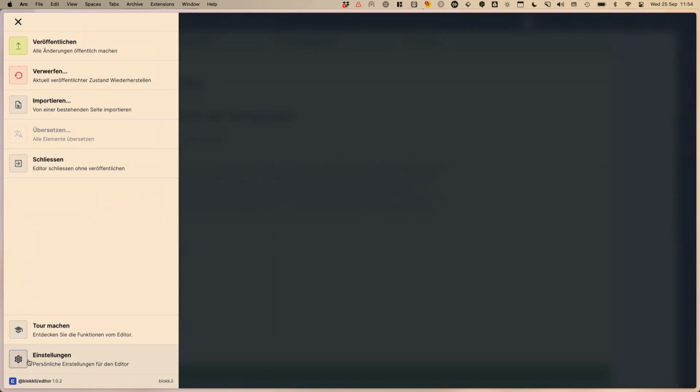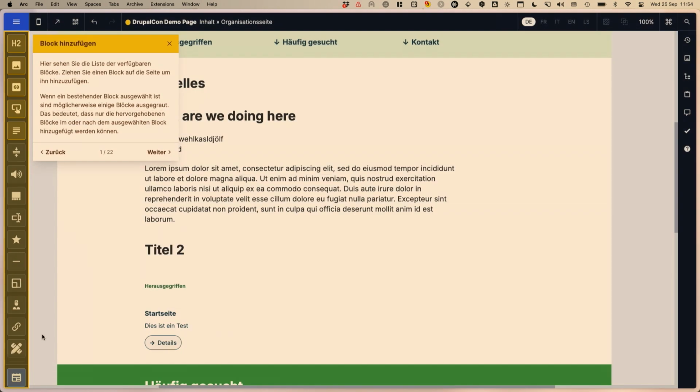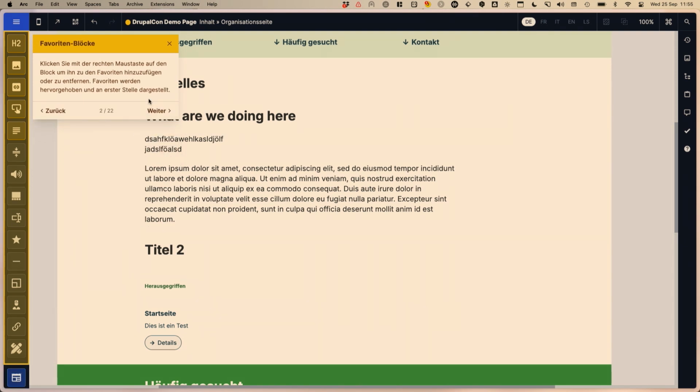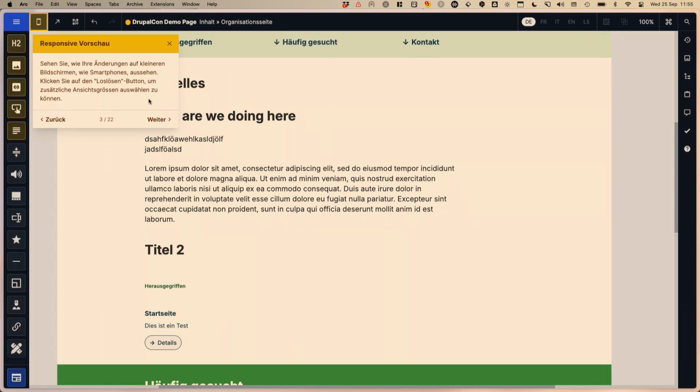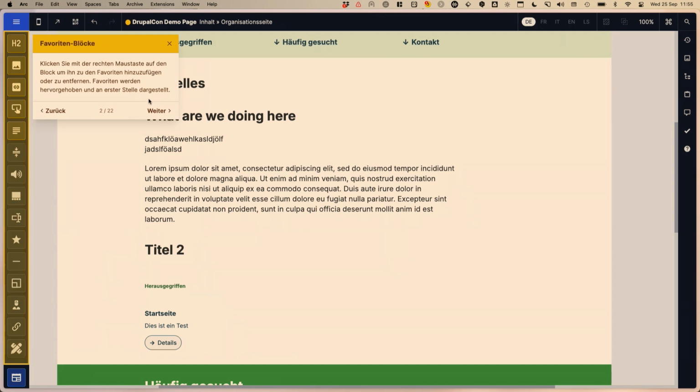When I open the editor for the first time, I get this tour feature. So the editors who open the editor, when they arrive after the training, get an introduction about all the features. That was also quite important, to give them an interactive introduction to the editor. So all the features get explained. We have all the